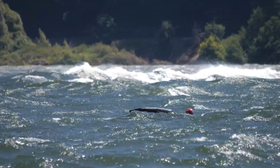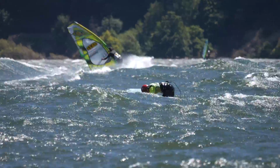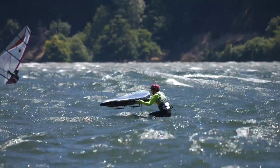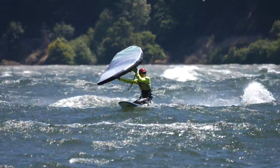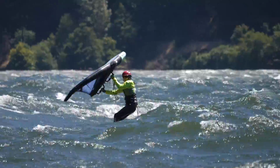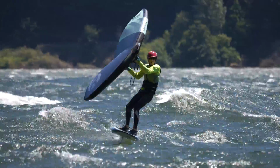You have to slow things down in the sense that, go with the flow. Don't try and fight these strong winds, because the wind is going to wind, when it's blowing 40. Don't fight that, but go with the flow. Be methodical in your movements, and when it's flat conditions, how you get on your board, make sure you're always doing it the same every time, whatever works for you, really dial that in so that when it's choppy and you're getting pounded, you still use that same technique, and maybe the only difference, keep your center of